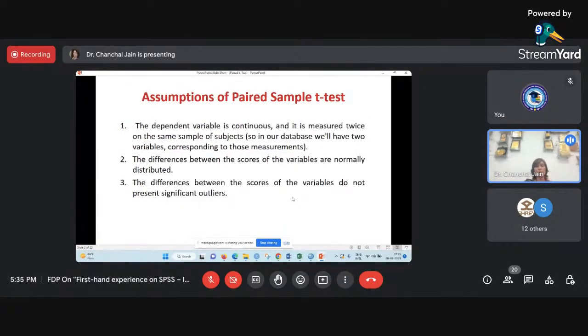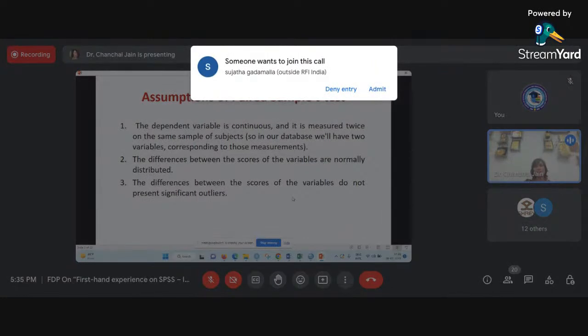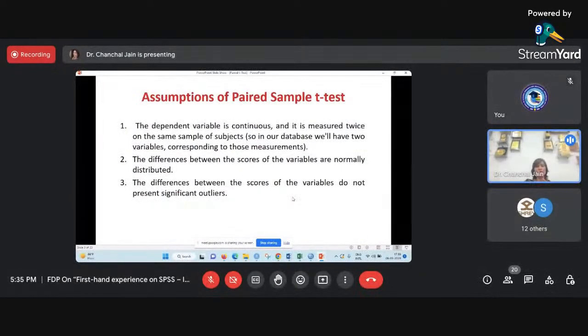Now talking about the assumptions of the paired samples t-test. The first assumption is that the dependent variable should be continuous in nature, and it should be measured twice. That means for the same group of people we need to collect the responses two times, at two different periods, for this dependent variable. Then the differences between the scores of the variables are normally distributed. Say, for example,